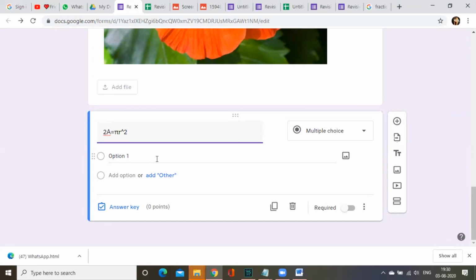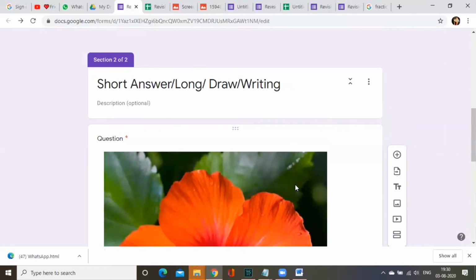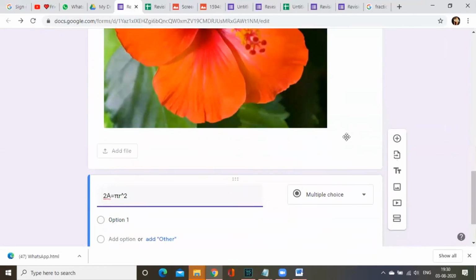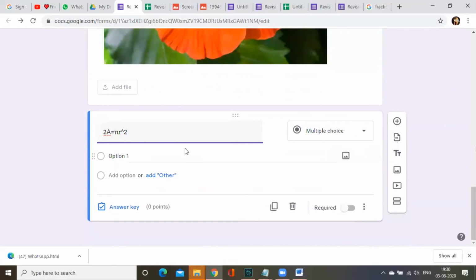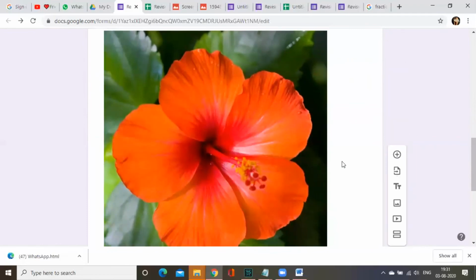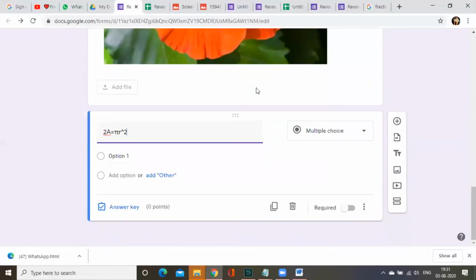Okay, ma'am. For maths teachers, for 5 marks, can we write it on one paper and upload an image? Yes, yes. For 5 marks, for 6th to 10th, you have to write on one paper, take a pic, and upload it this way. I have uploaded it here. You have to upload because it will be difficult for the students to type. So don't give short answers or long answers in typing; give them in writing. They have to write on a paper and then upload.